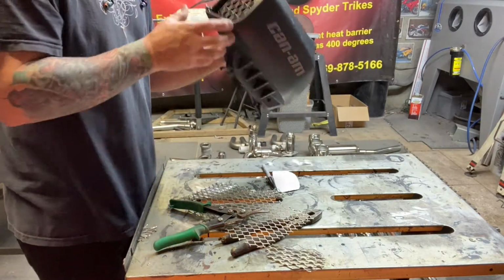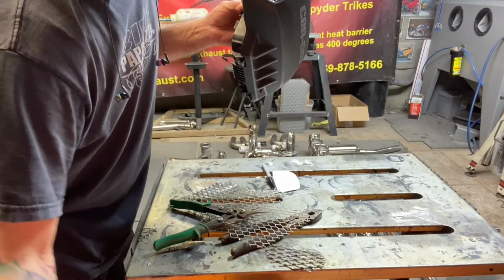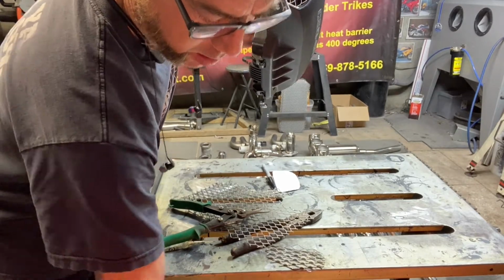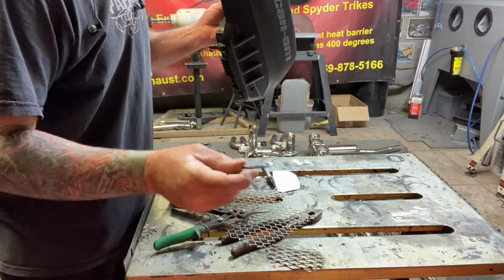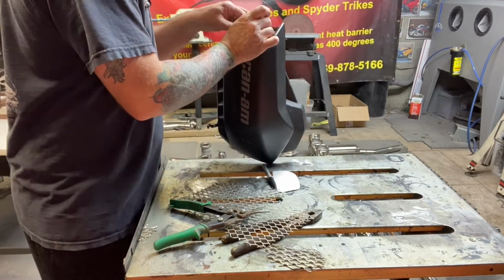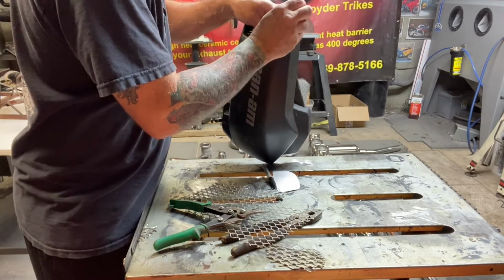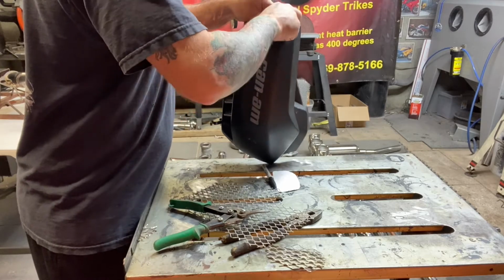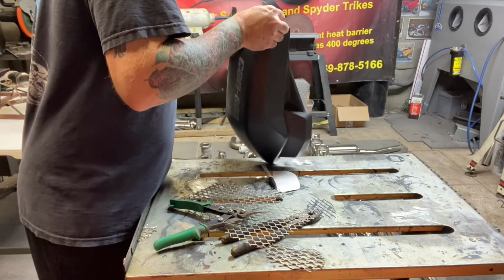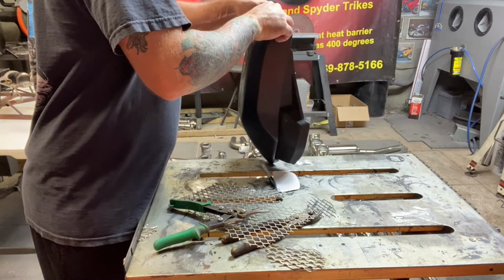And of course, you're just going to attach these with zip ties. Oh, I've got some here somewhere. Third drawer. I would say little zip ties like this. And you'll probably want to feed them through first before you even set the grill down in there. Get everything lined up with the zip tie. Get it already